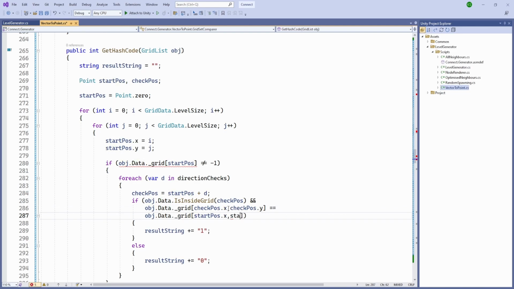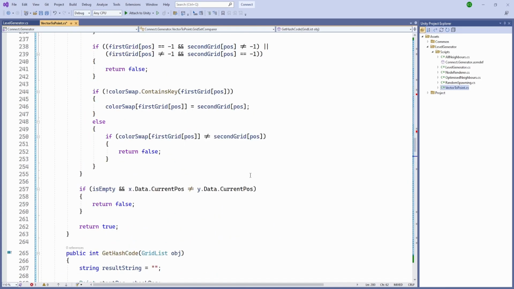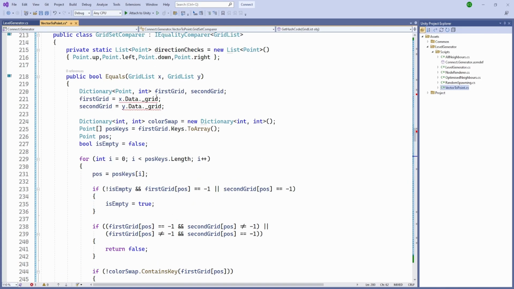Dot x and dot pose dot y, and similarly dot x and y. First grid, and here we'll just get both of the grids,